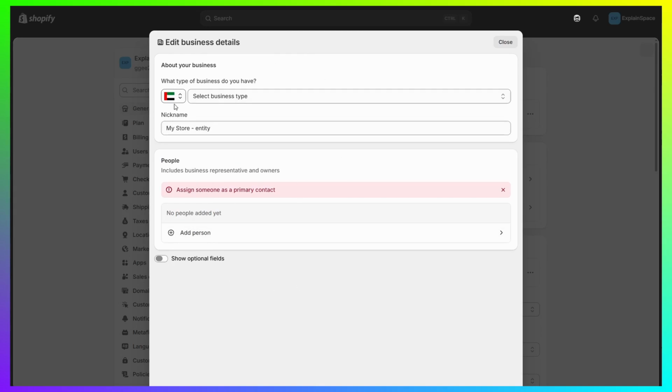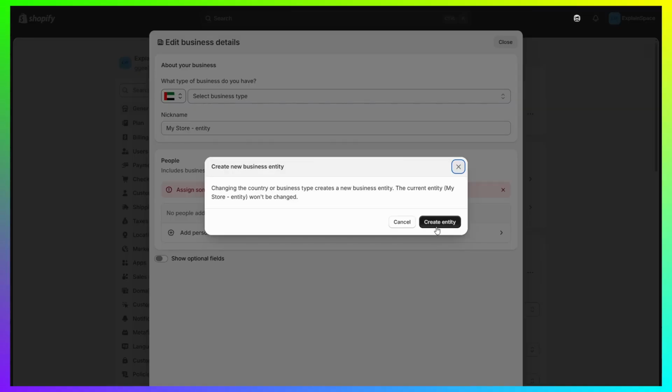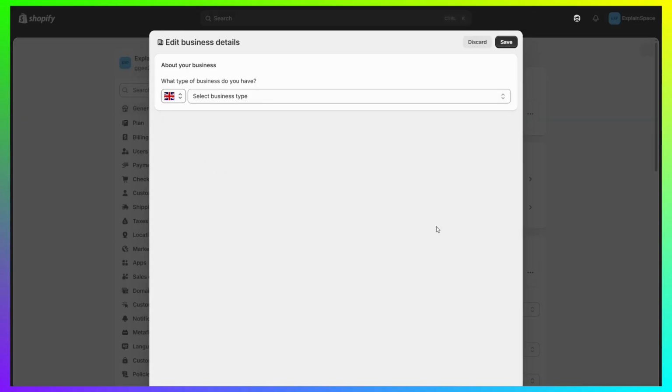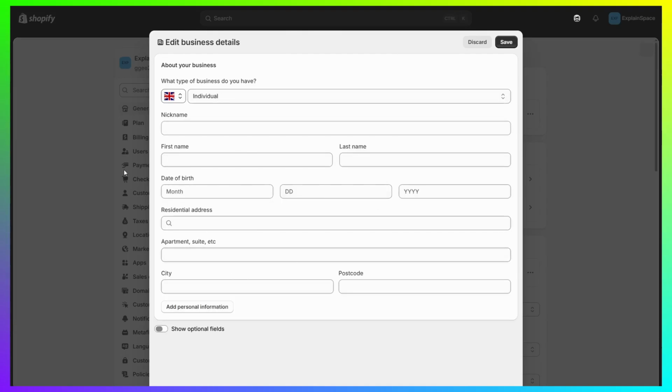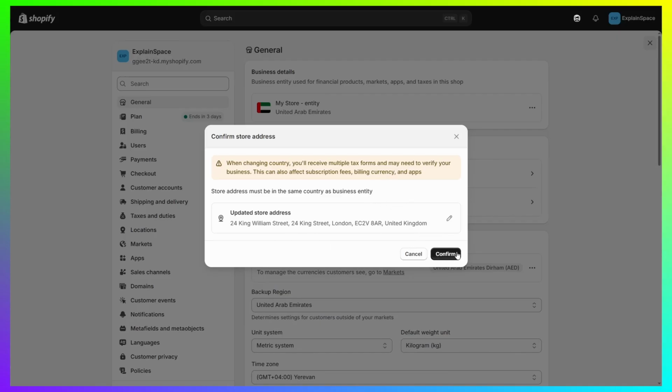So we are just going to select a different country and click on create entity once you select it. Next up, select the business type. I'm just going to go for individual and you want to fill out all of these things. So once that's done, you simply just want to click on confirm, and obviously you will need to change the